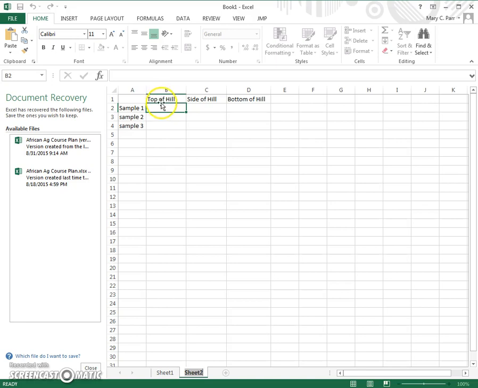this, where for my example data that I'm going to make up, just so you know, I have the top of the hill, the side of the hill, and the bottom of the hill. And in each place, 3 samples were taken. So for this, my example data might be on water content, and so I'm going to make up some numbers here. So I'm going to say this is 13%,